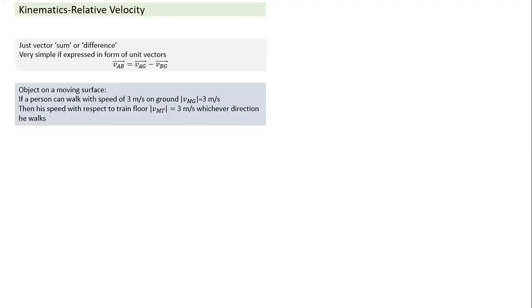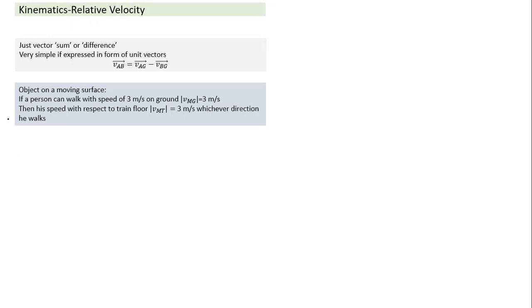Okay, now coming to objects moving on a surface. Now we'll come to two-dimensional motion. One of the important things to understand in this part is relative velocity, and this comes up in swimming. Before I go to the example of boat and river, which sometimes is not very intuitively easy to understand,